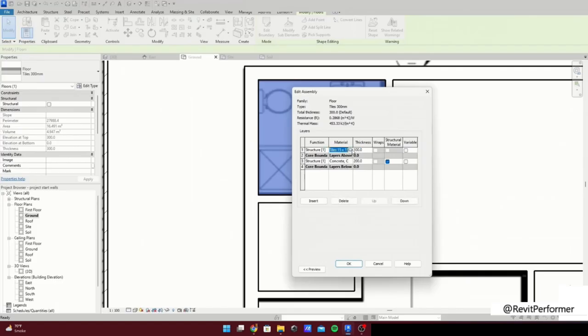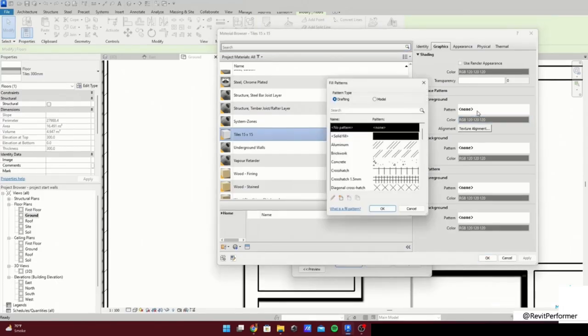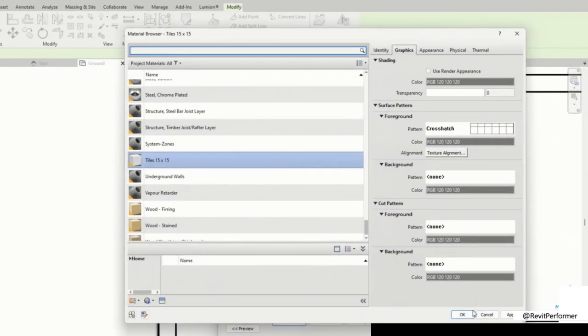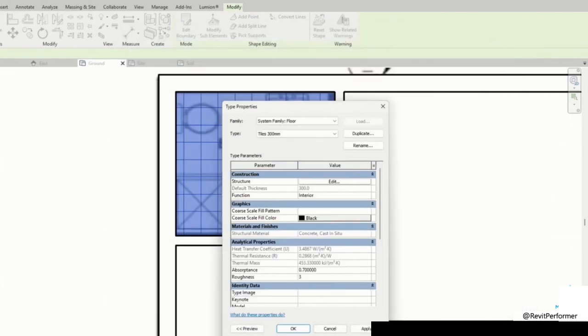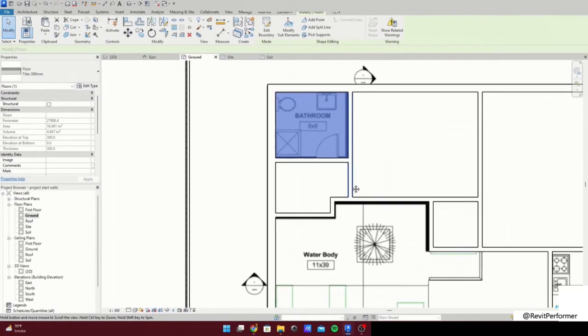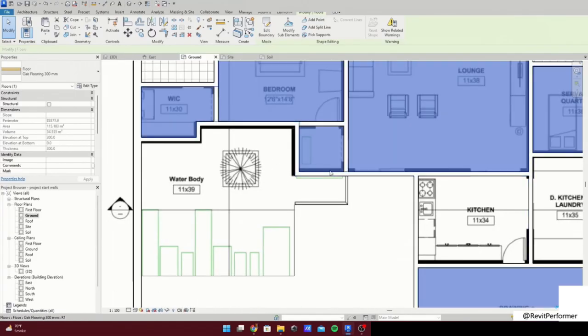The way you'll select the floor is just by navigating to a wall near the floor that you know you have. Don't click. Just pan over the wall and click Tab, Tab again, and the blue outline will appear on the floor. Highlight and click on it. Now my tile floor is selected.